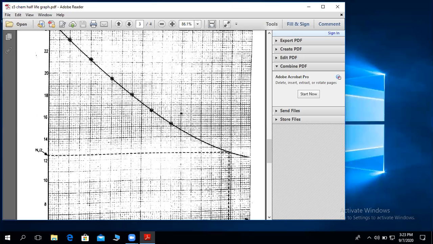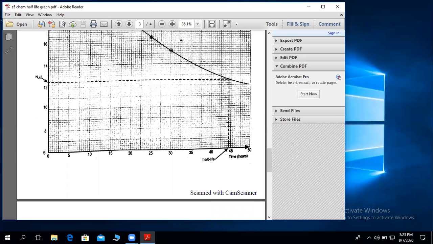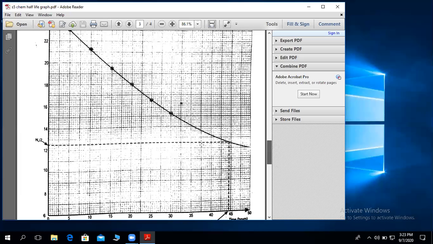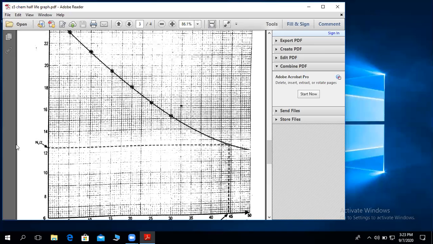If the time is not exactly the same, what you do in that case, you add the two times. You call the first one T1. I can call this one T1, this time taken here. Then I call the one for 20 and 10. I draw my dotted line from 20 to the graph. I draw my dotted line from 10 to the graph. Then I get the time in between here. In between, you get the time in between the line for 20 and the line for 10, and that will